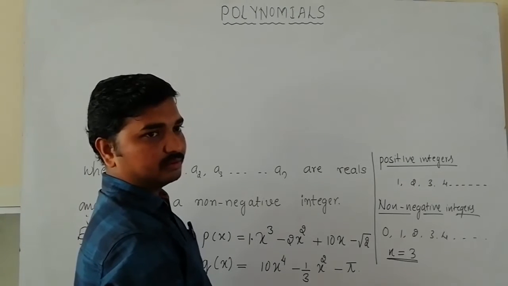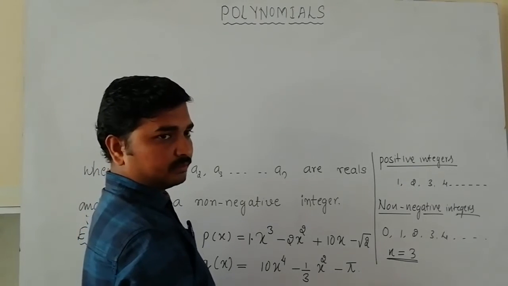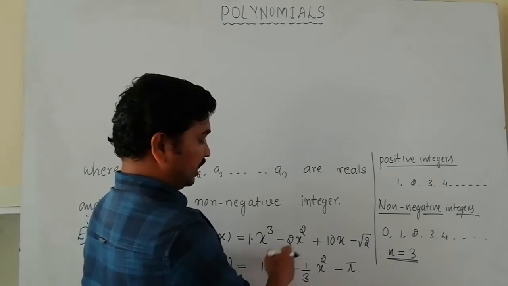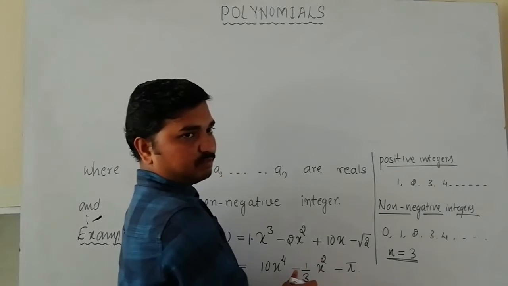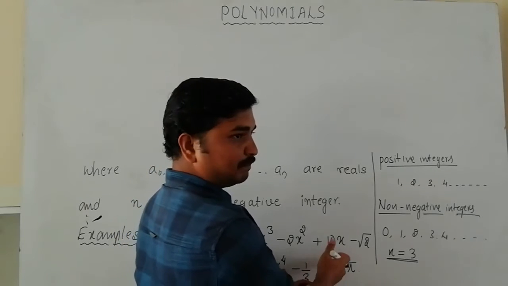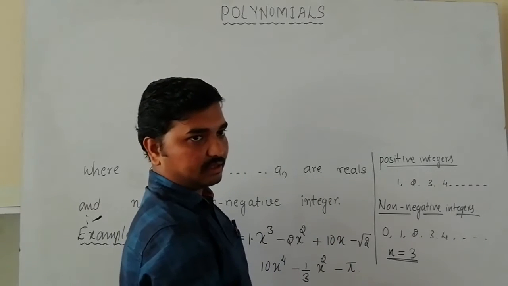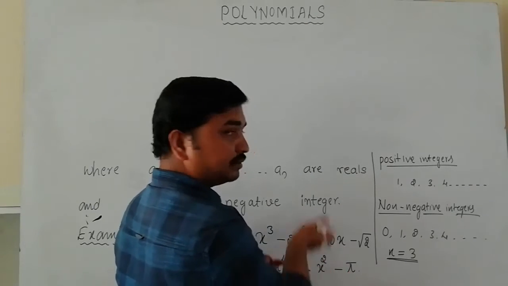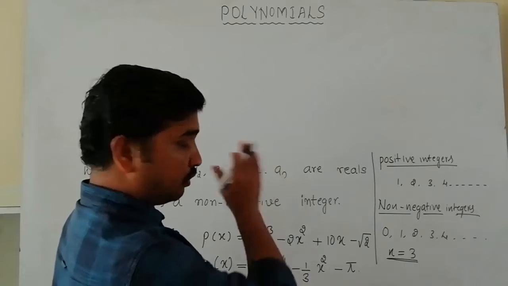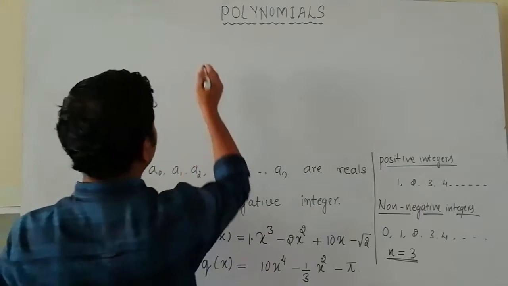After x power 4, x power 3 should be present actually. But here x power 2 is present. Even after x power 2, x power 1 should be present actually. But here x power 1 is also absent. Now I am going to write this one in the standard form.